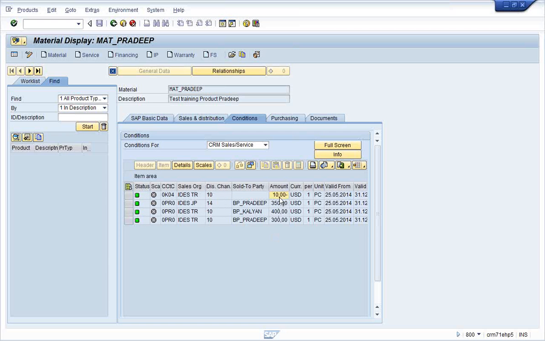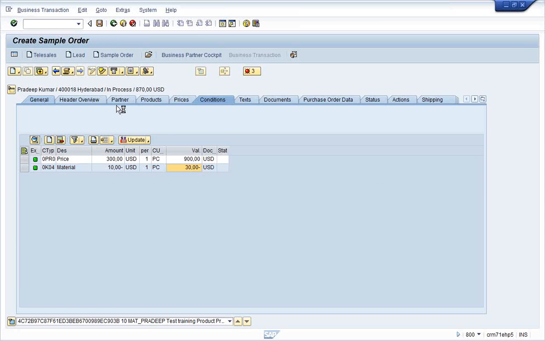See, for Pradeep and for IDES trading company, I am maintaining it as $300. This is picked up. If the same Pradeep is ordering from a different organization, it will be different. But in my case, it is $300 minus $10, $270 for each piece. So this is how it was determining.